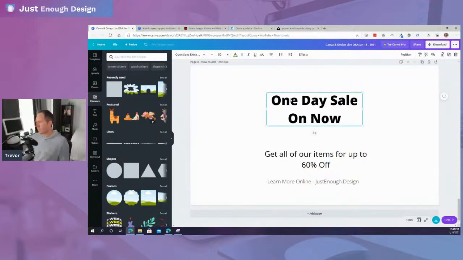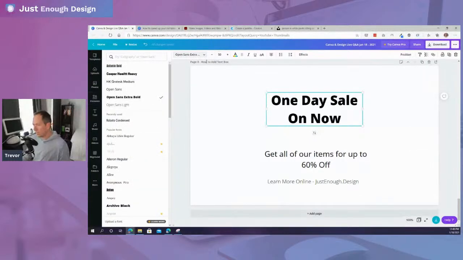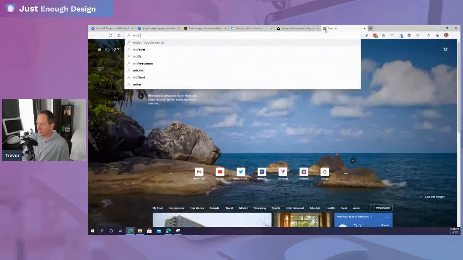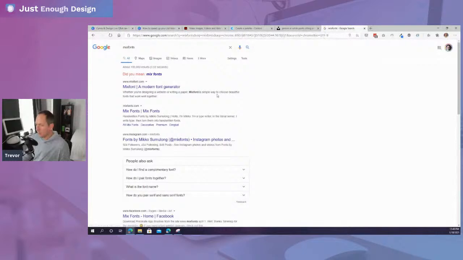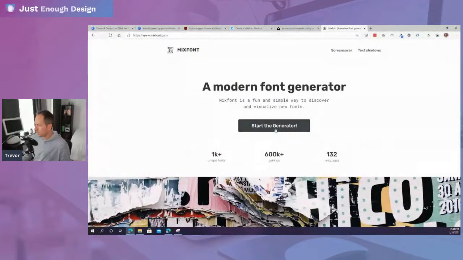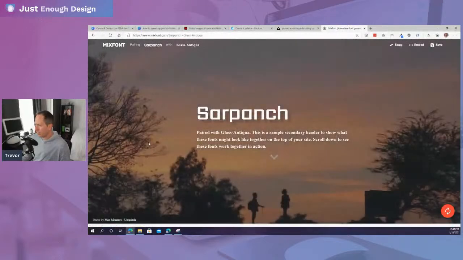Going in there. Now, a lot of this will be obvious if you ever use a text editor, so we don't need to cover too much of it. We obviously have the fonts from Canva. The search can be very helpful if you've gone to a site like Mix Fonts, which is a really nice font generator as far as pairs that work. I have entire videos about how to use this one. So what you can do is,